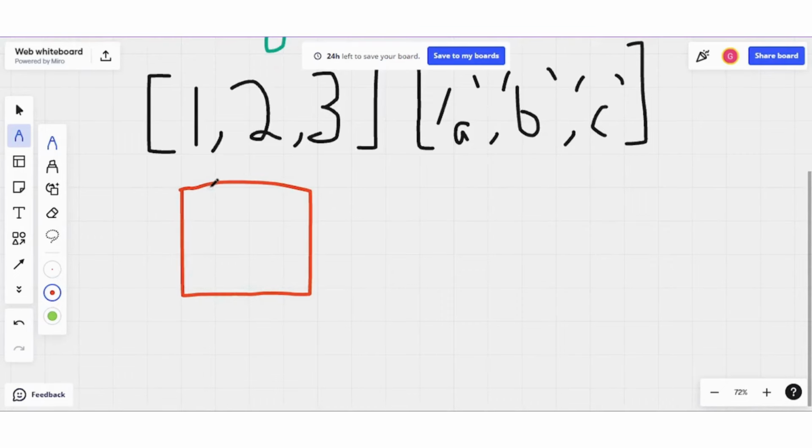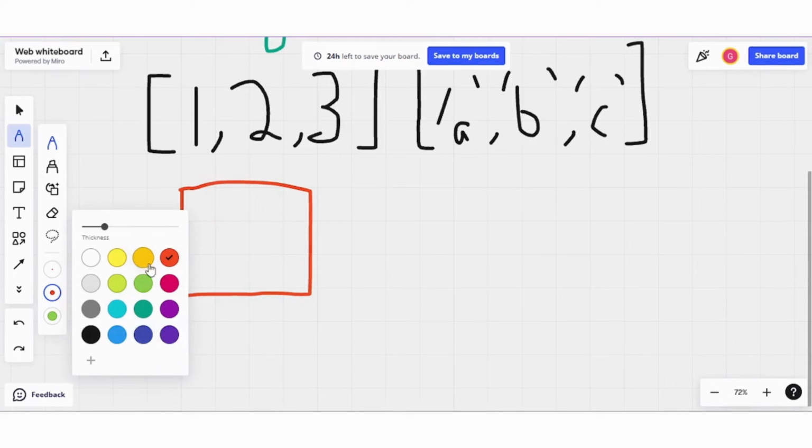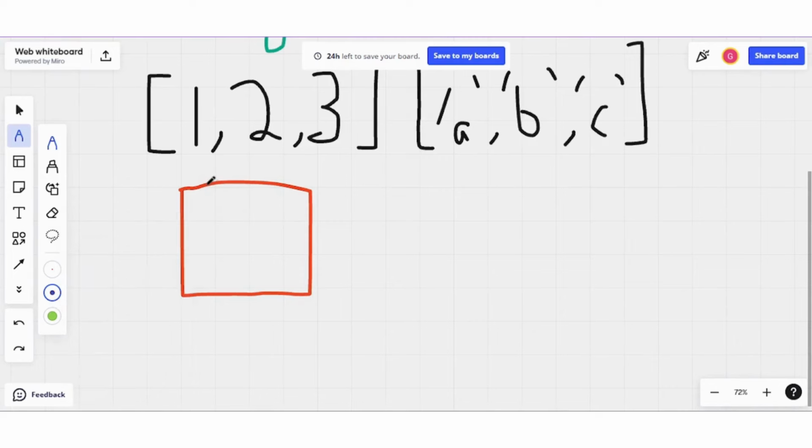Within this square box, there are subdivisions within that space. Let me use another color to refer to the subdivisions. So within this box, these blue lines are the subdivisions of that particular space. So every memory has different memory slots, right? And each of these memory slots is a memory location where 4 bytes of data can be stored, right? So when we talk about an array, it means value 1 would be stored here,